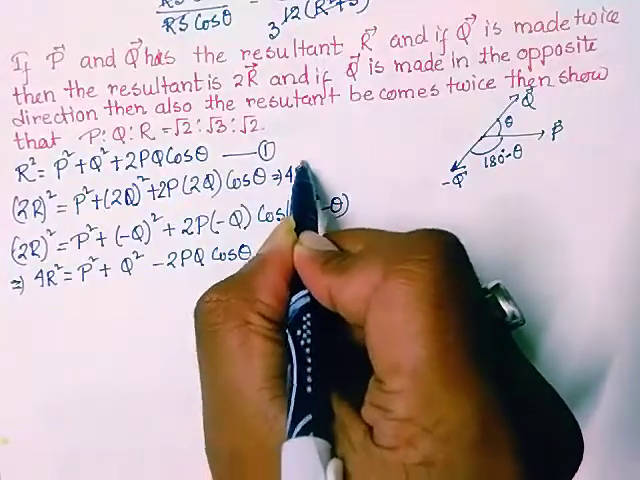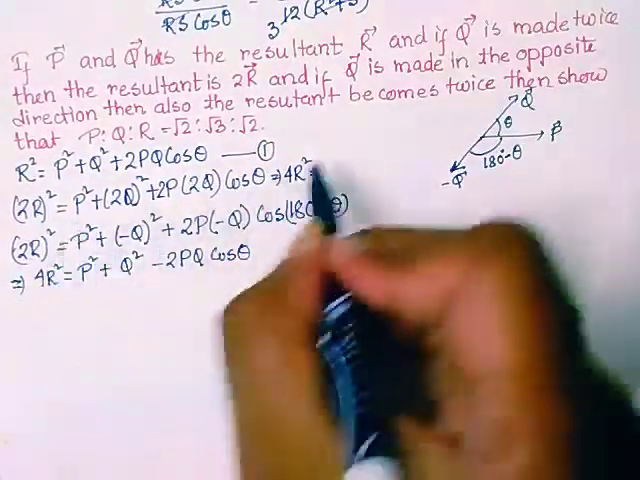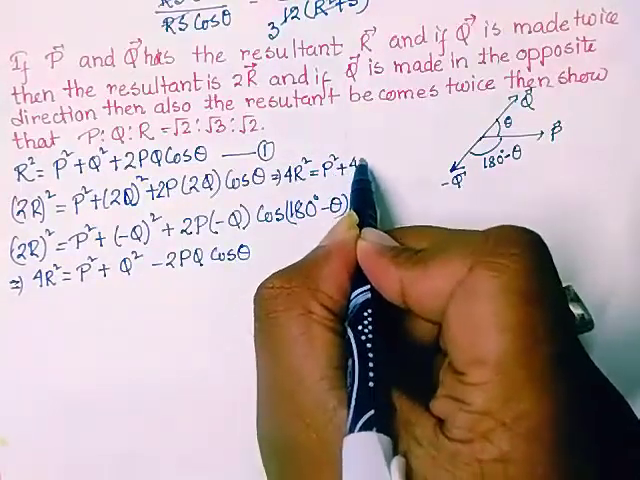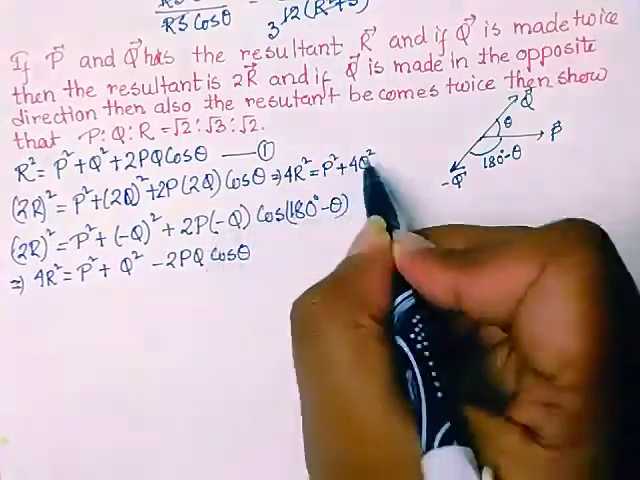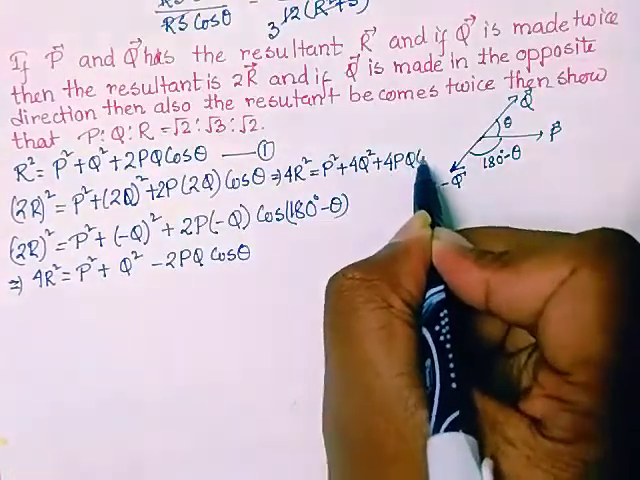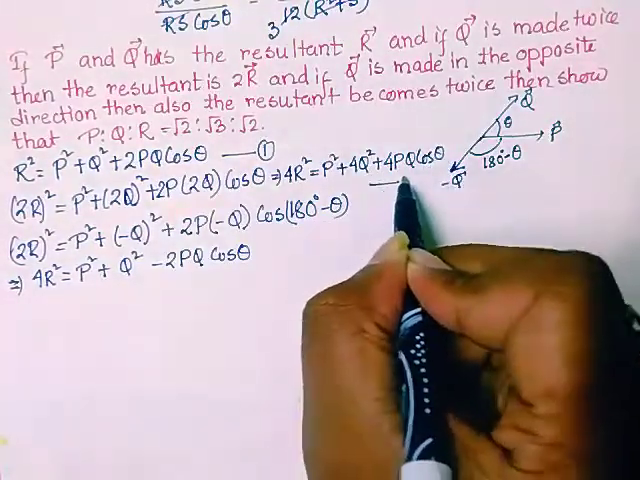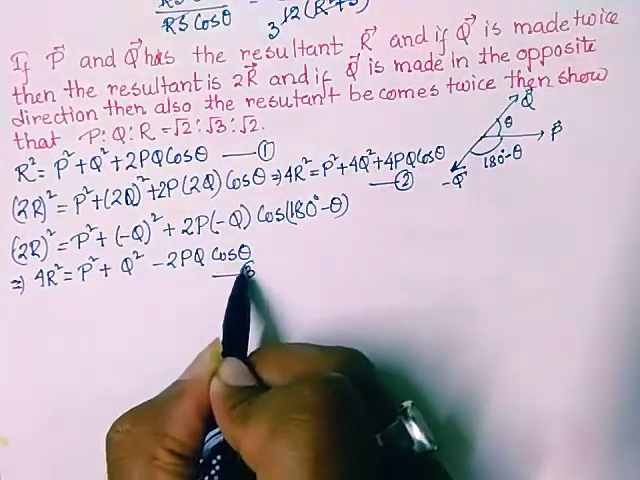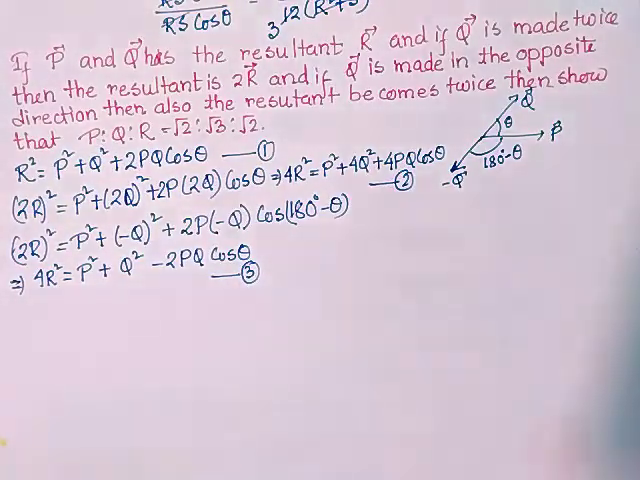this second equation, that is 4r square equal to p square plus 4q square plus 4pq cos theta. This is the second equation and this one is the third equation. Okay, so these are the 4 equations. So from these